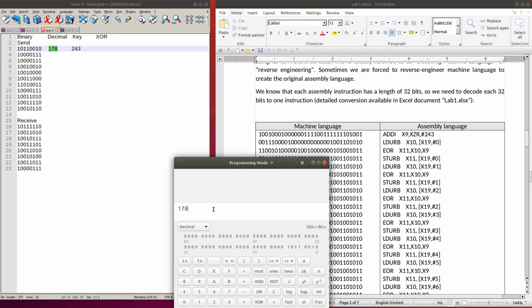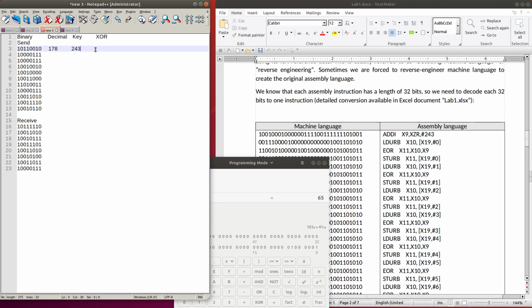So here it is 178, and we do exclusive OR together with 243, and we can see the value is 65 in decimal.